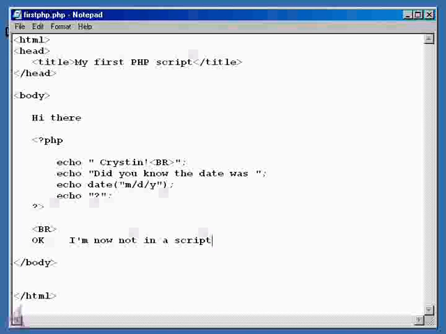You got it. So let's say I want it now to say, okay, we're now back into a regular script. Let's go ahead and break. So HTML just goes line for line. Yeah, it's pretty straightforward. Did you know that the time was, now we're still regular HTML, right? Right. All right, so now let's just take